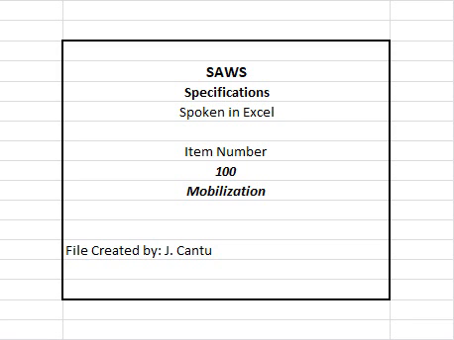2. When 5% of the adjusted contract amount for construction items is earned, 75% of the remainder of the lump sum bid or 10% of the total contract amount, whichever is less, will be paid. 3. When 10% of the adjusted contract amount for construction items is earned, 90% of the remainder of the lump sum bid or 15% of the total contract amount, whichever is less, will be paid. Previous payments under this item will be deducted from the above amount.